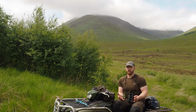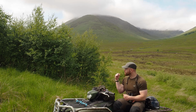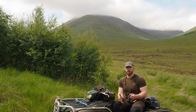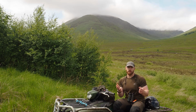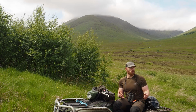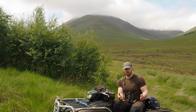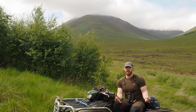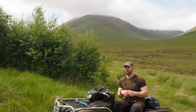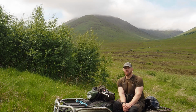And like I say, that forms the core of my job, but I'm lucky in that I've got quite a unique beat, and it includes areas like Glen Affric. And in Glen Affric, we're not managing the forest for commercial purposes, we're managing it for environment and habitat. And as many of you'll know, there's a considerable remnant of native woodland left in Glen Affric, but at the same time, the majority of Glen Affric is treeless. And as part of our management here, we're trying to expand and restore the native woodland here. So part of my job is to